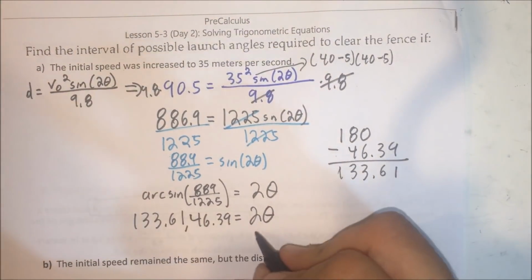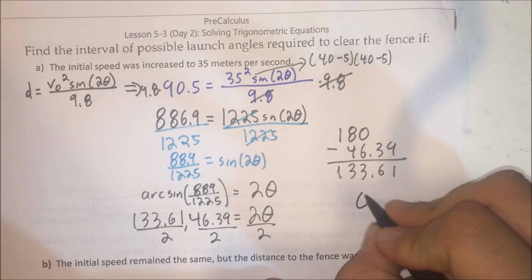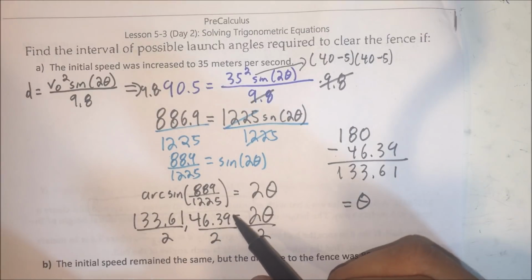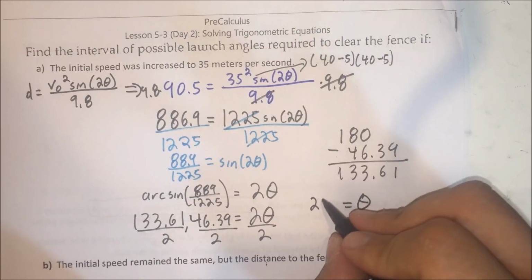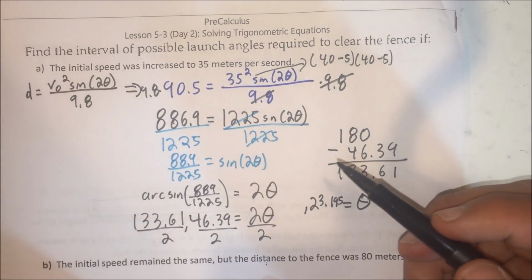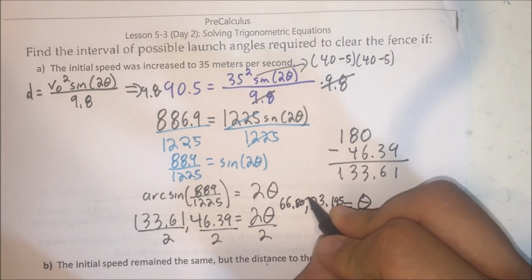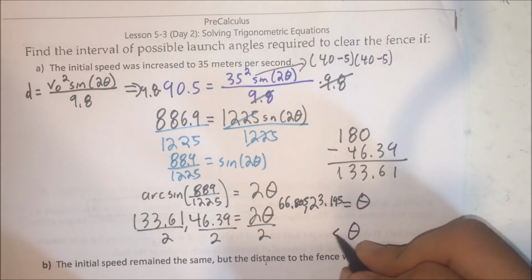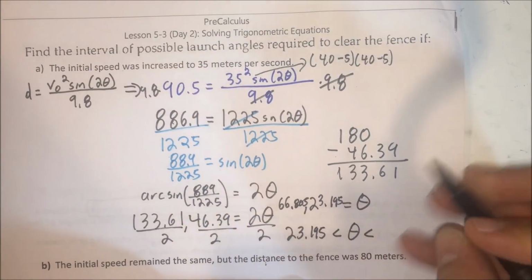And then, of course, we want to divide both of these by 2. And from doing that, we get that the thetas have to be 46.39 divided by 2, which is 23.195, and 133.61 divided by 2 is 66.805. And again, what that means is the interval that the baseball player can hit this is 23.195 and